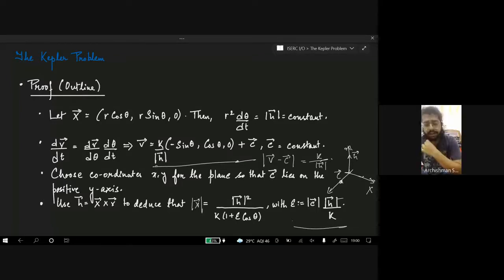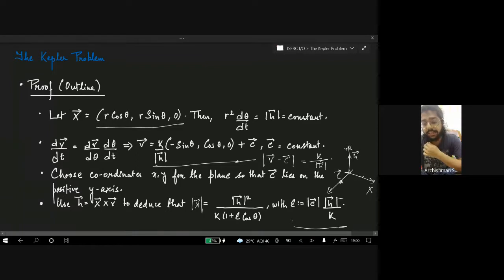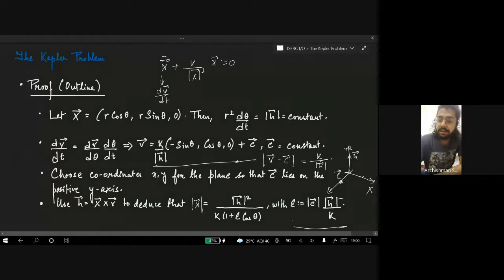Sorry, you can find the velocity, dv by dt. You can find dv by d theta from x, right? Actually, sorry, what I mean is you can use this equation: x double dot plus k by norm x cubed times x is equal to 0. You substitute. This x double dot is nothing but dv by dt, right? So you plug this in,